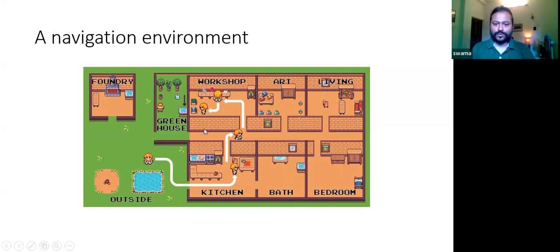The agent can go to different parts of the environment, the workshop, art room, living room, greenhouse, and there are multiple objects in different rooms with which the agent can interact. There is a stove, freezer, a glass, water, and a lot of other different things. Now, the agent is given a specific goal. Let's say one goal is to boil water or any substance. Then the agent has to find the water, maybe pour the water in a certain container, put it on the stove, turn it on, and then boil it.